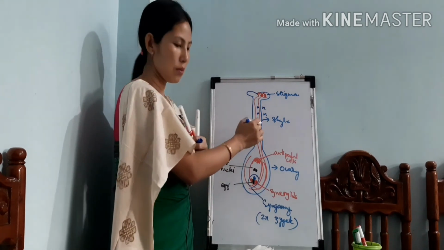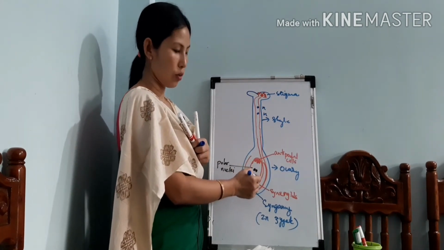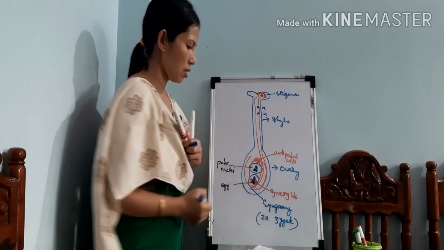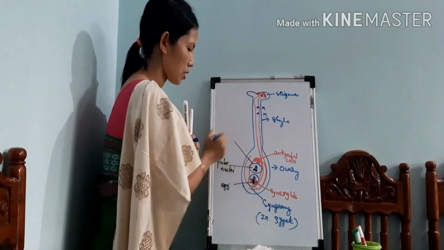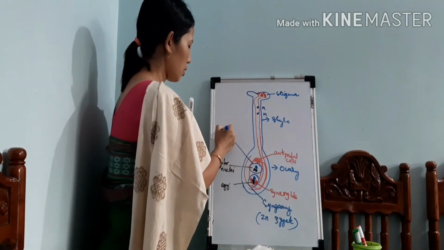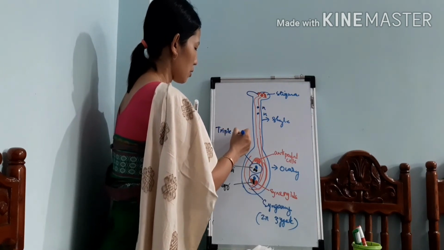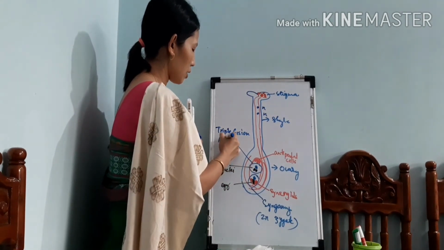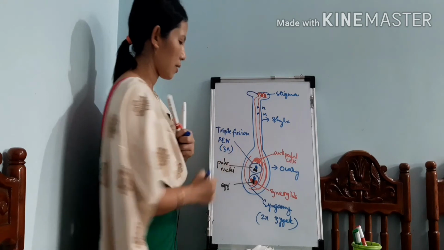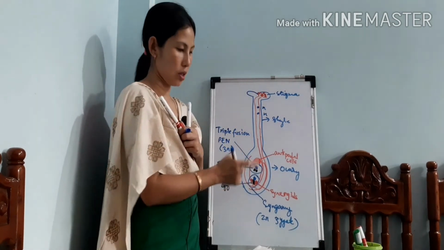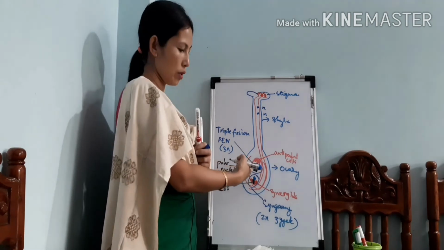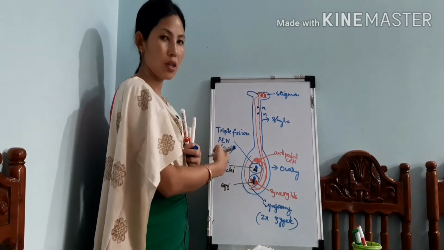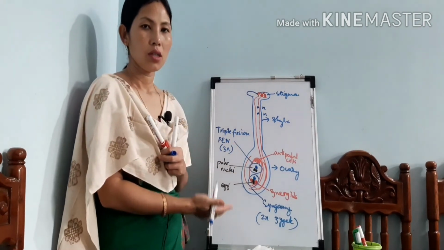On the other hand, the other male gamete will enter the ovule and it will fuse with the polar nuclei, right? This also I am showing with this circle. And this is our second fertilization, which is known as triple fusion. So this triple fusion will lead to the formation of a primary endosperm nucleus, which is a triploid cell. Triploid cell means fusion of three haploid cells. As we know here, two polar nuclei, both of them are haploid. So 1, 2, 3. Three haploid cells fuse and form a primary endosperm nucleus, which is a nourishing tissue.